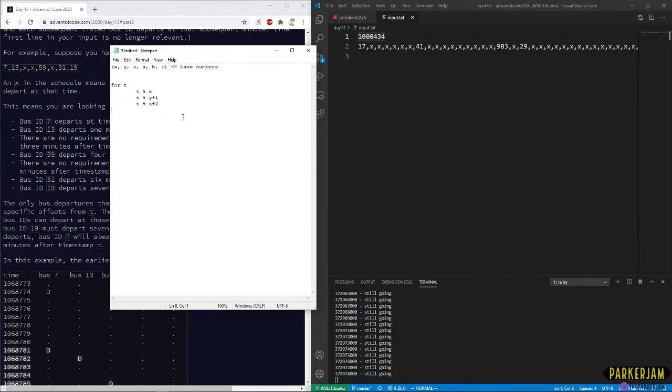One thing we could do is set our starting time, the first thing that we're checking, to be higher. I don't know if there's any good reason to believe that where this all lines up is going to be bigger than the product of all these, but we could try that. That's something we could definitely do. We could also take the problem literally, right? We could do this.